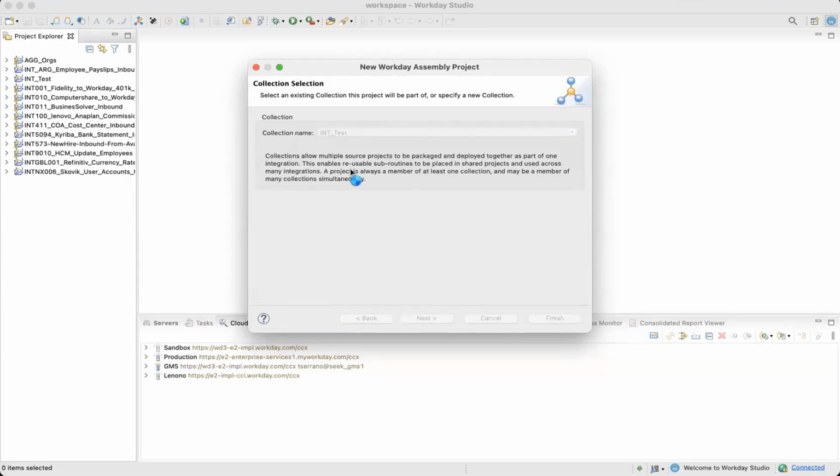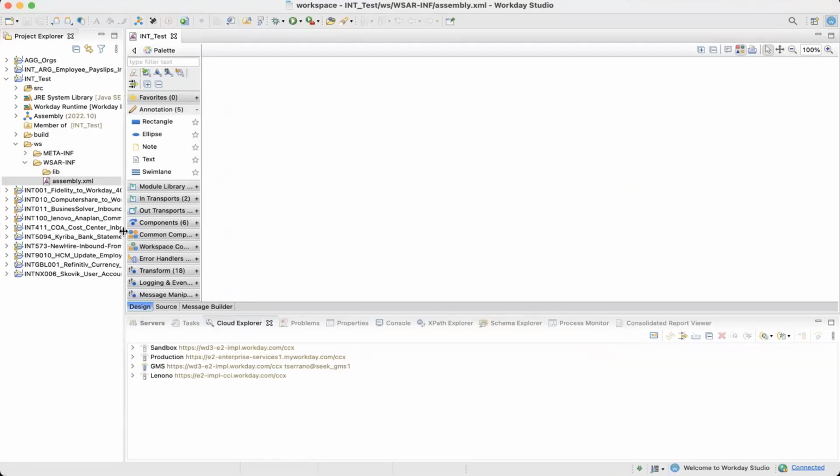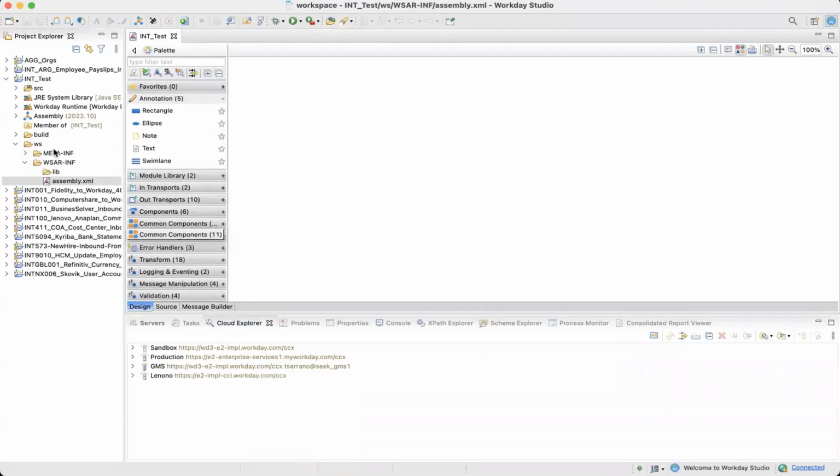So it created, and my look and feel will be different because it's iOS. So just don't think about why you are not able to see your stuff like this. If you double click on your assembly, it will be this blank thing here. This is where you will do your integration stuff, right? Designing and all that.